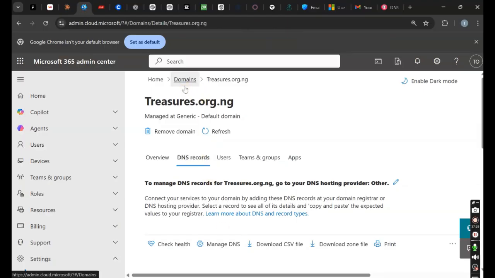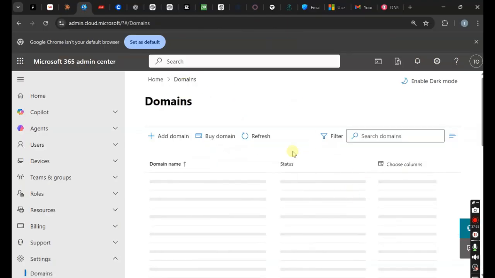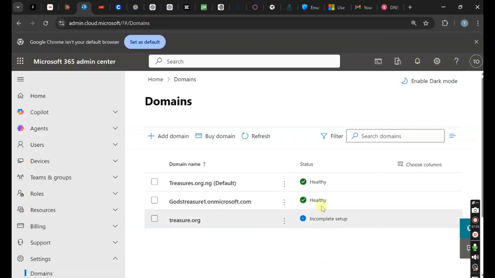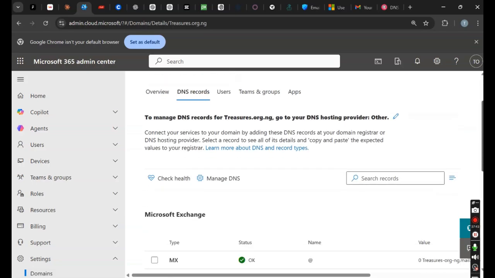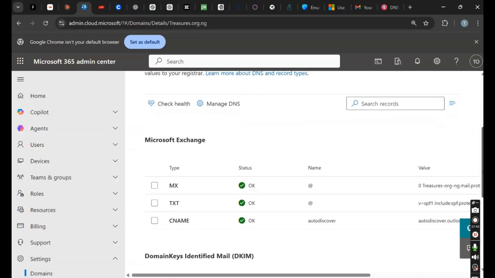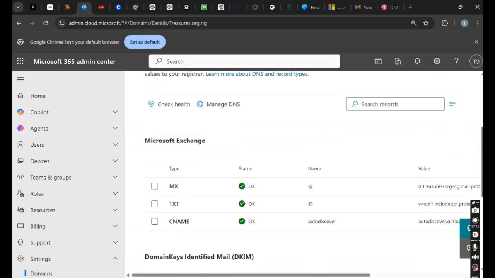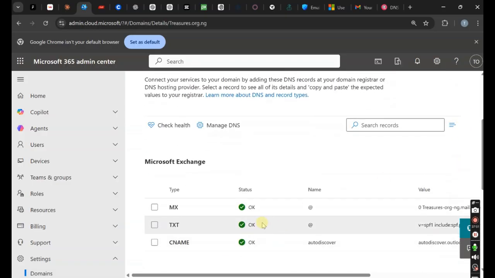It's even going to show you here if your SPF record is wrong. It's going to tell you that you have a service issue, so you can take it from here. Emails might be going through, even if it's saying possible service issue. Emails will be going through, but the only thing is your SPF record is wrong. That's the TXT record is wrong. So you can just come here, take the correct records here, publish it on your domain, go to